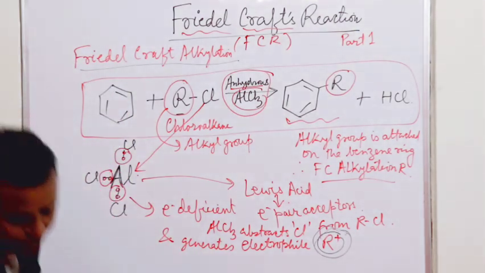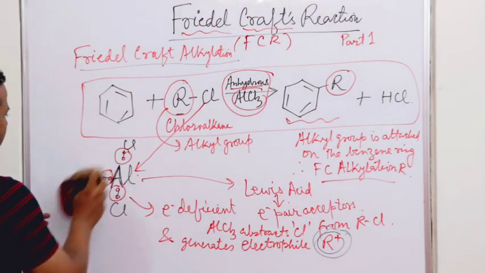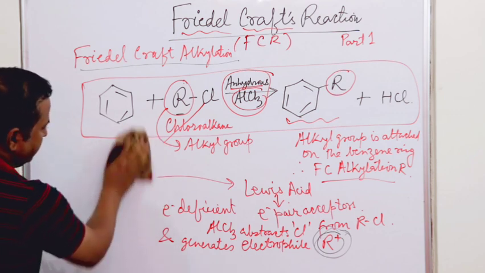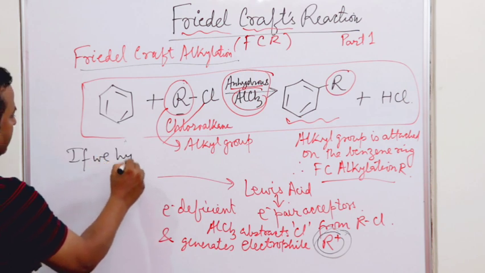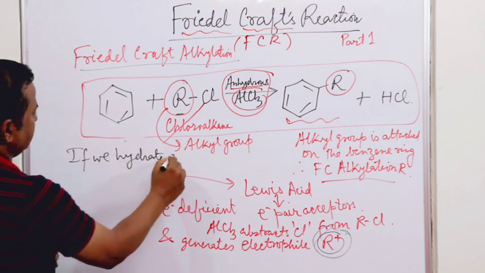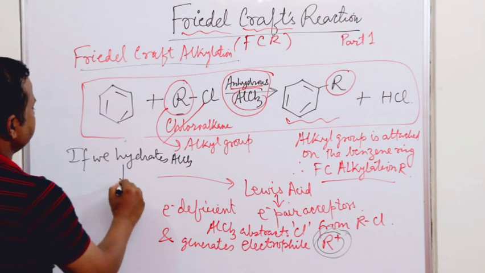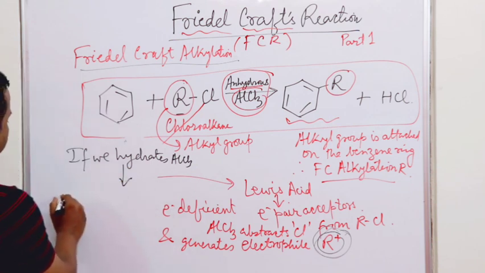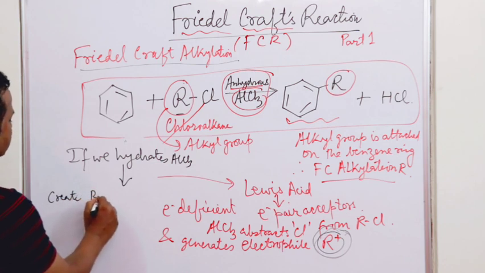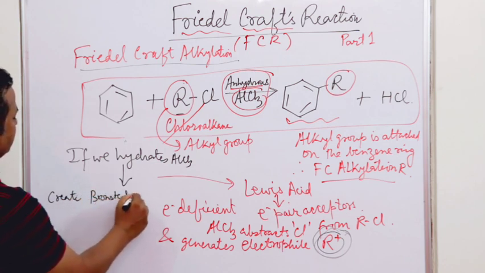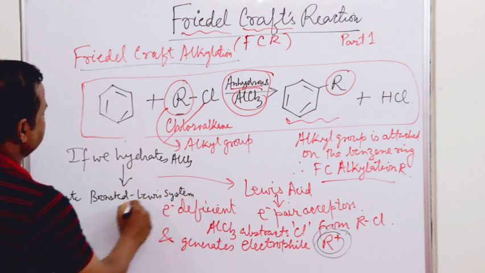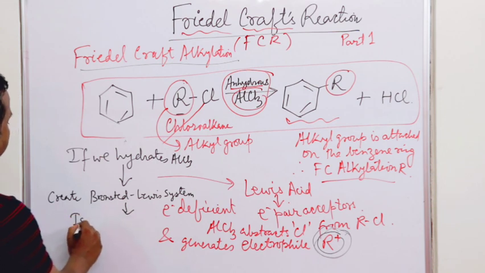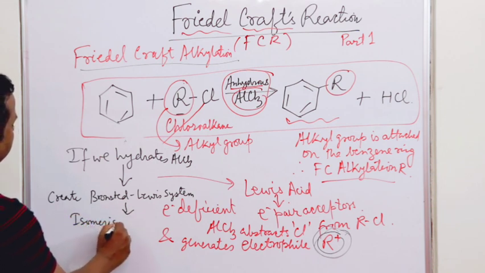If we take hydrated AlCl3, then what will happen? It will create a Bronsted-Lewis system, and this will result in isomerization